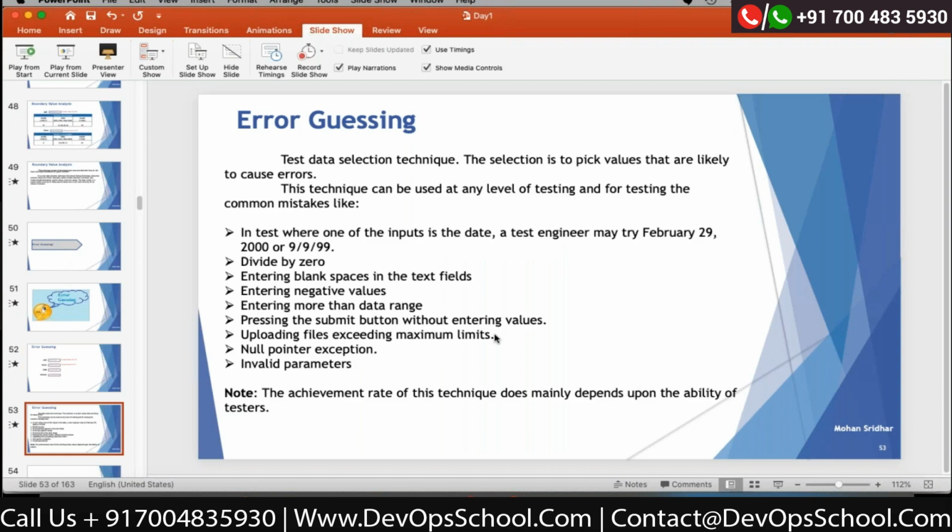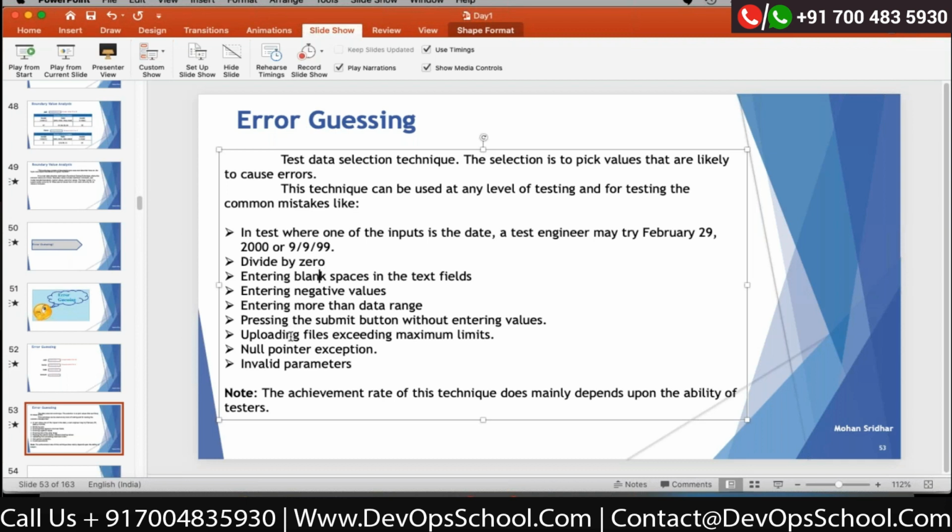Okay. So these are the things we have already discussed. So we'll see what are the things we have not covered. The date range divided by 0. So if you are doing some calculations, calculator function, how you are dividing with some value, for example, 100 by 0, how the application is showing, how it is reacting.